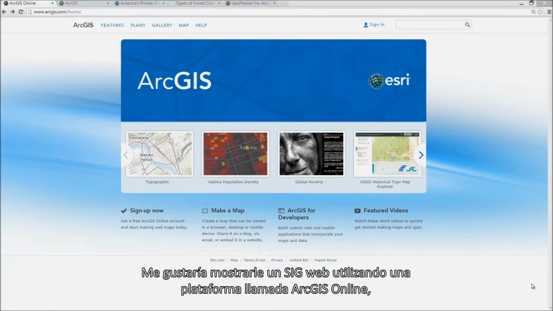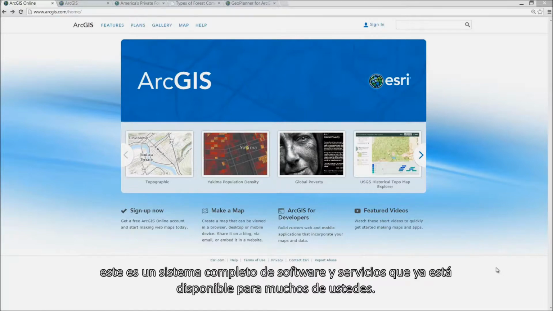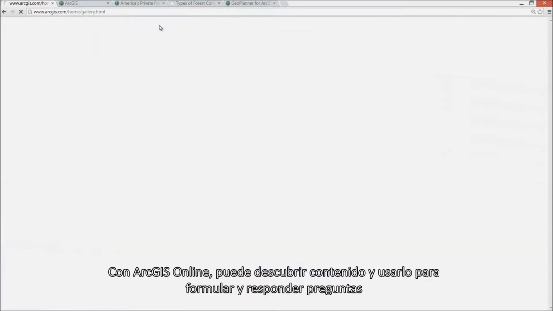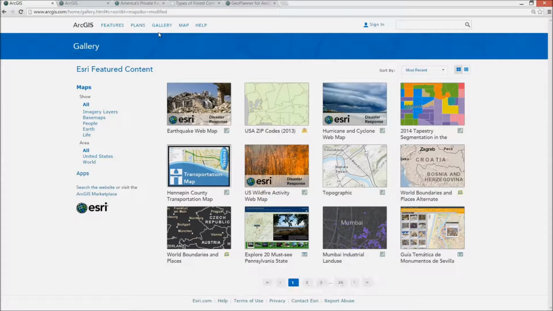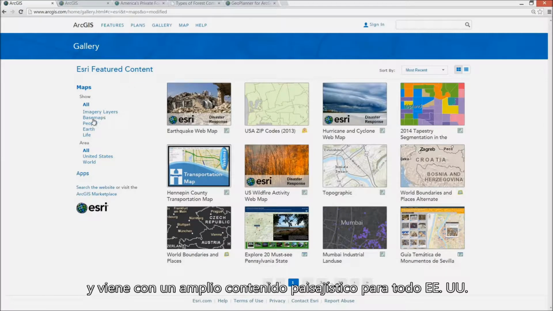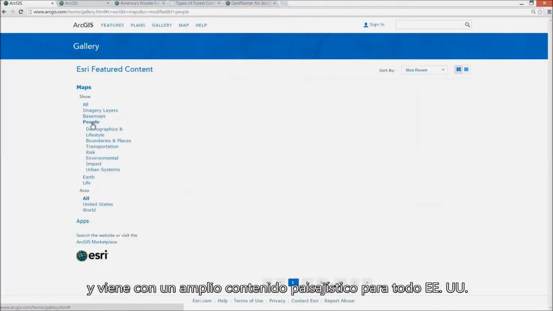I'd like to show you WebGIS using a platform called ArcGIS Online. This is a complete system of software and services that's already available to many of you. With ArcGIS Online, you can discover content and use it to ask and answer questions. It's a WebGIS, which is a new style of GIS, and it comes with extensive landscape content for the entire